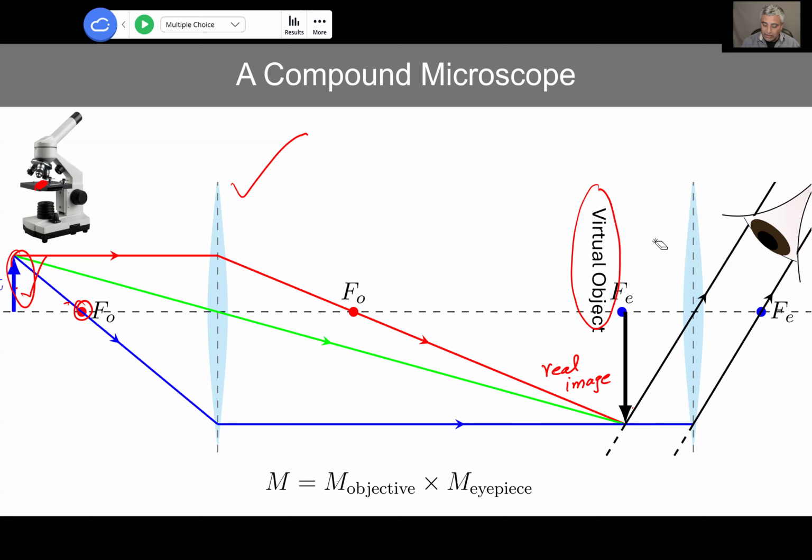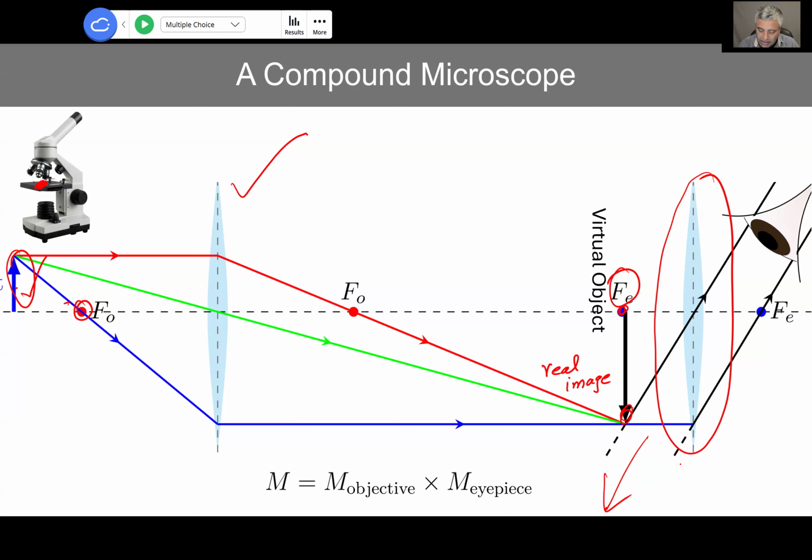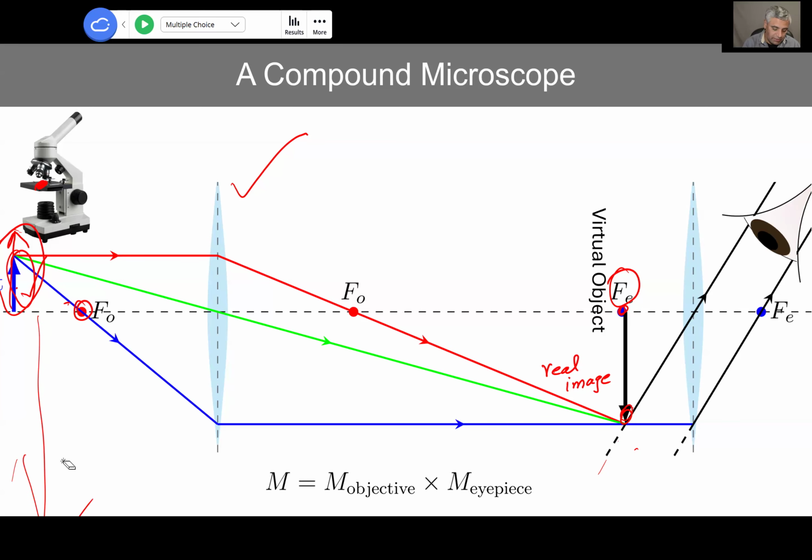Okay. And now we use this as a magnifying glass. We put this image slightly inside the focal point of this eyepiece. That's what you are adjusting when you are doing it. And then what happens? A very large magnified final image is formed, you know, far away. And this image is inverted. See over here compared to this one there. This is the original object. Since the image is forming behind somewhere there, it is a virtual inverted image, but highly magnified,